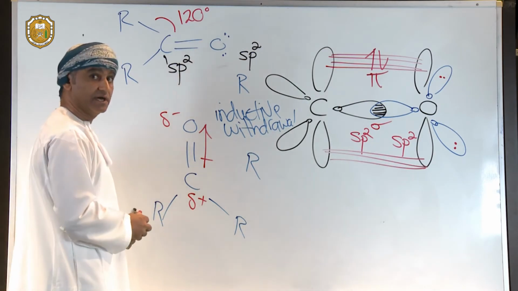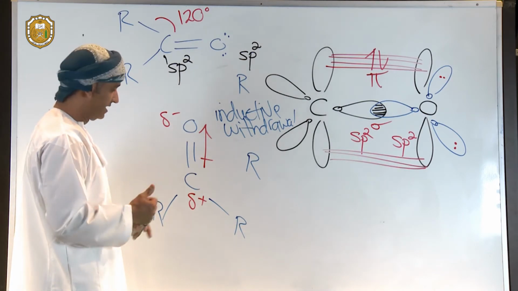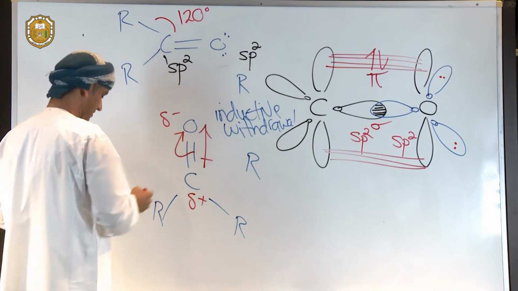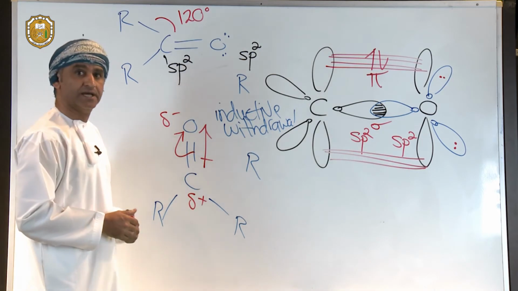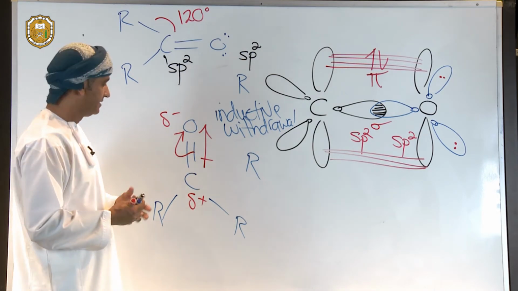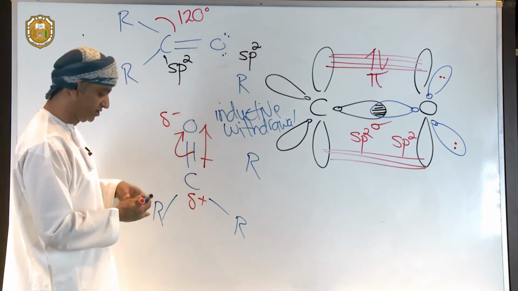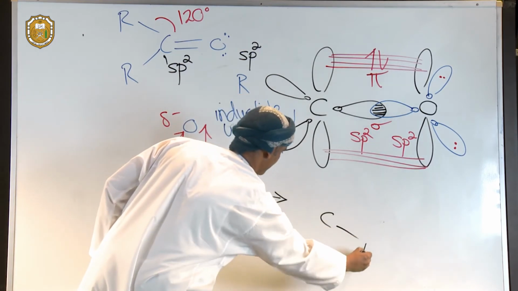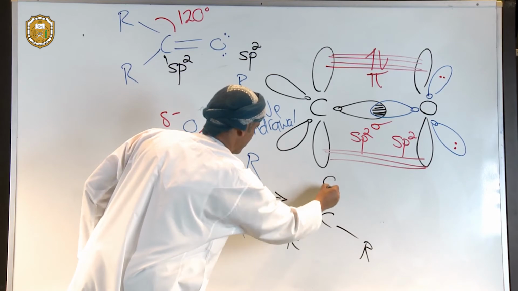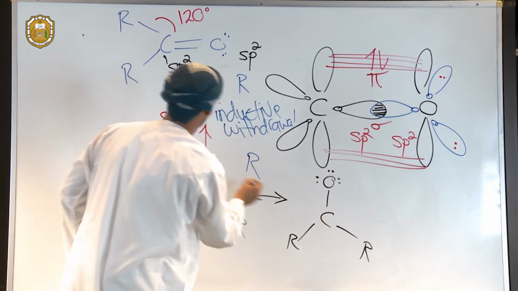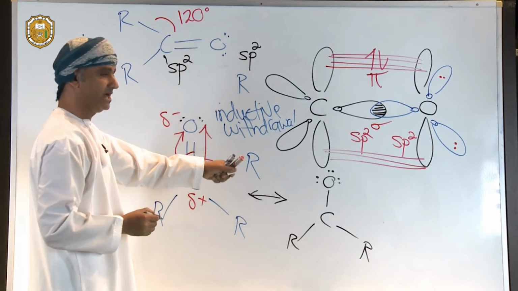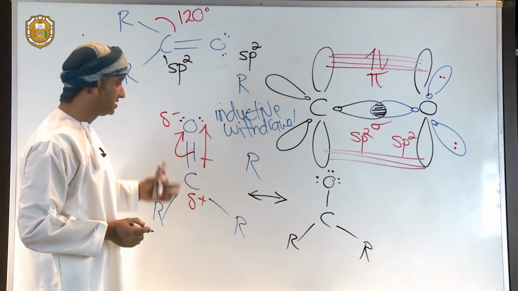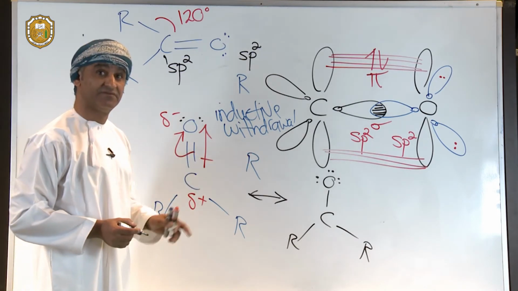Now, not only is inductive withdrawal a reason behind the electrophilicity of carbon, it is also resonance. So we can actually draw a resonance structure, something like that. We break a carbon-oxygen pi bond and release the 2 electrons onto oxygen. And therefore, we can draw another resonance structure, something like that. Now, there were 2 lone pairs before on oxygen. Now, that oxygen has another one, a result of release of electrons as a result of breakage of that pi bond.